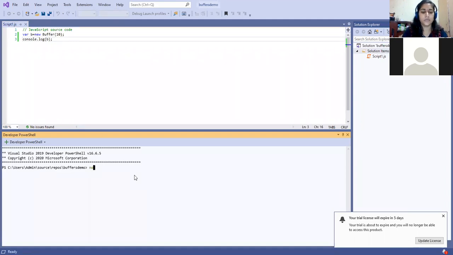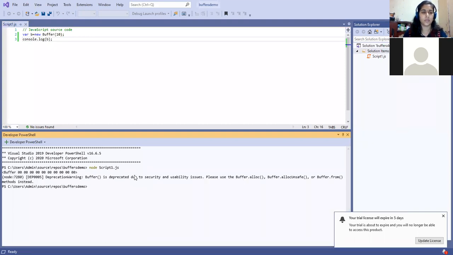For running this code: node script1.js. It will show me 10 blanks, or we can say zeros, 10 octets with the 0 initialized value.